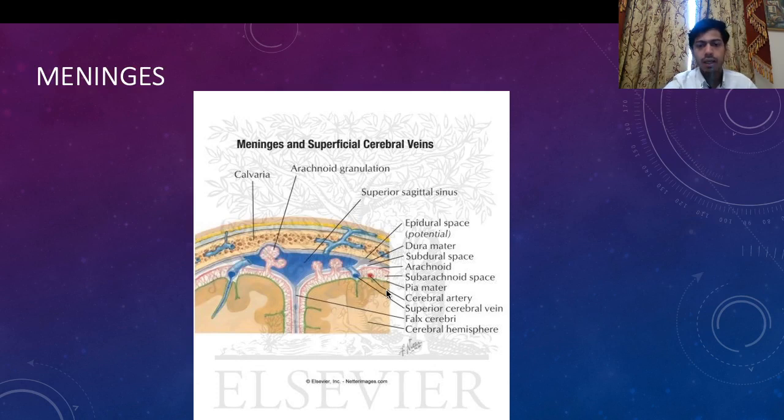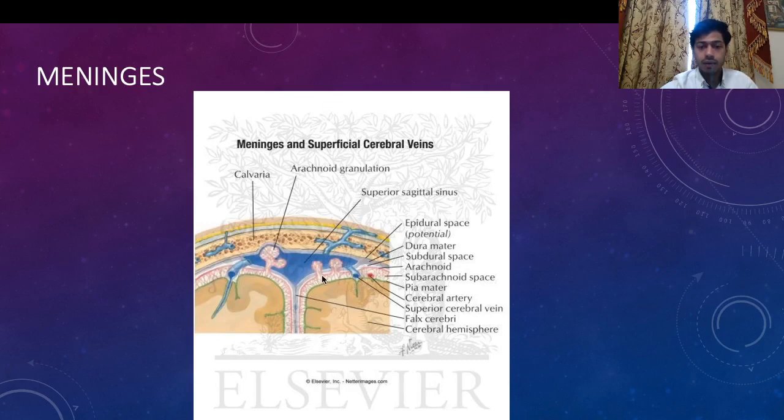So we know that the three maters in the brain that we talk about most are the dura mater, the arachnoid, and then the pia mater. So the pia is the most superficial surface of the brain,